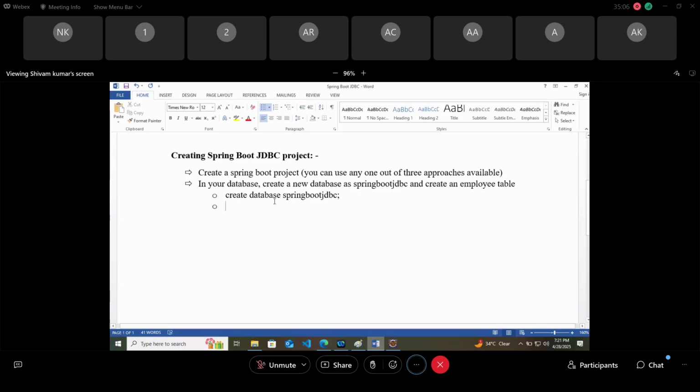So create database Spring Boot JDBC. After that, you have to write use Spring Boot JDBC, means for using the database. After that, you have to create the table. So create table